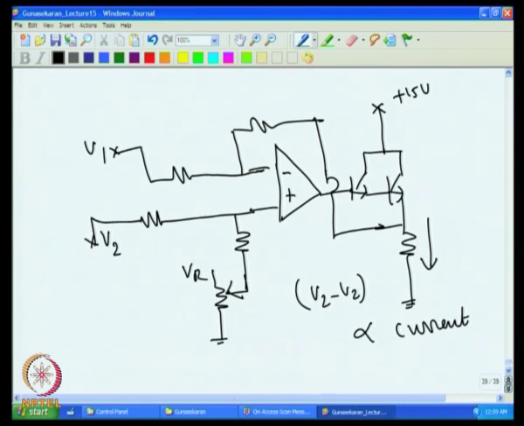If you look at how it is working, we can explain this by putting in values. For example, I can put here say 100K, 100K here, 100K here. For example, if I have here say 1 volt. Now, for simplicity, assume that this is kept at 0 volt. If it is kept at 0 volt, then you will get at this point V2 by 2, and this has to be V2 by 2